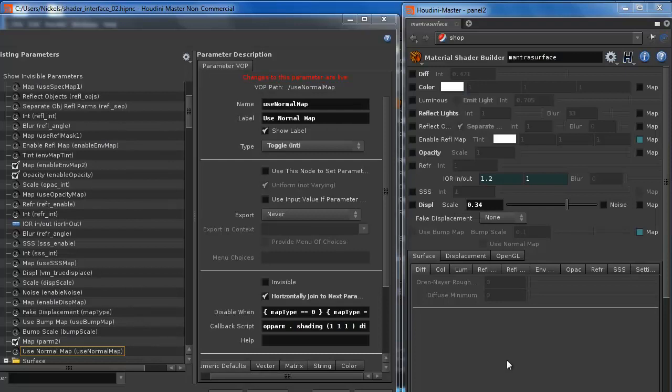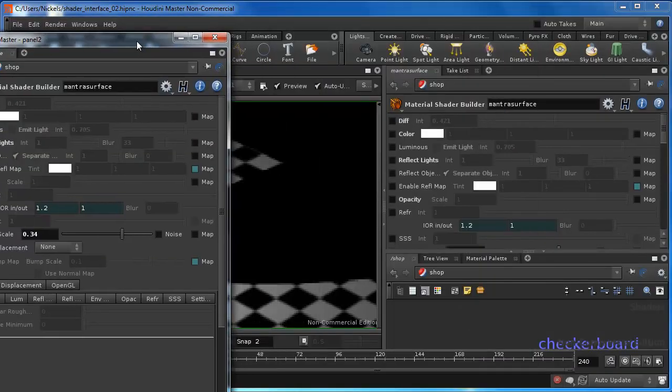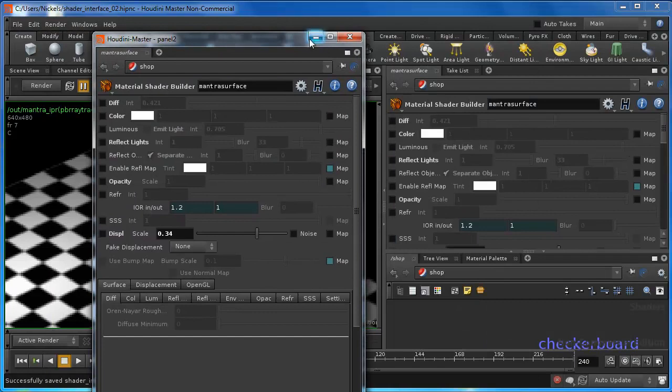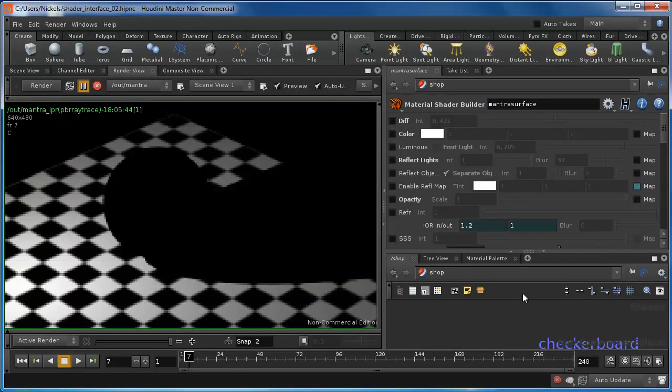Okay, in this next section we're going to look at adding a map to the diffuse channel. So I'll just close the edit parameter interface. And we're going to need to take a look inside of our node network. There are two ways to get into the network. We can look at the node itself, which is the